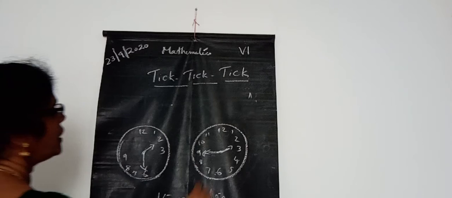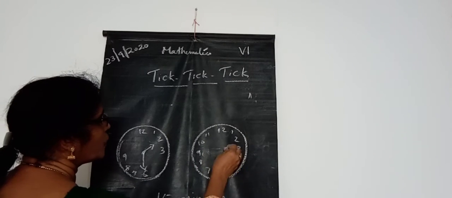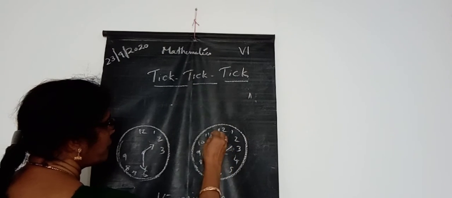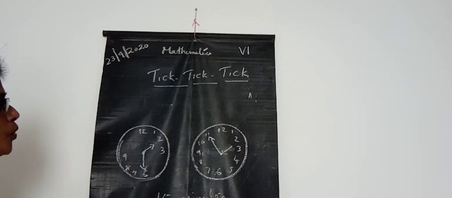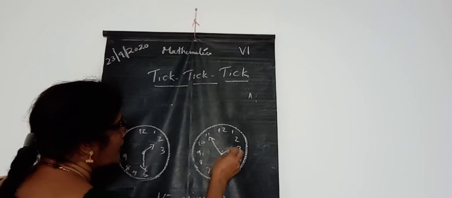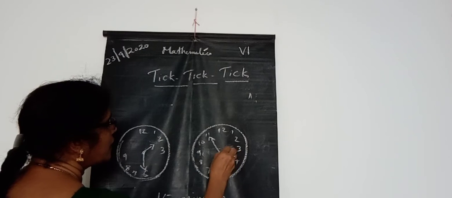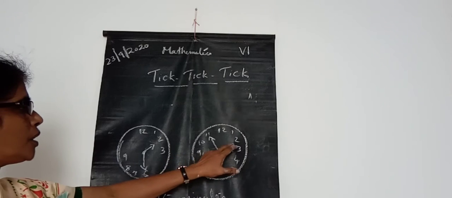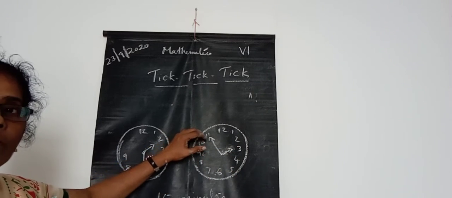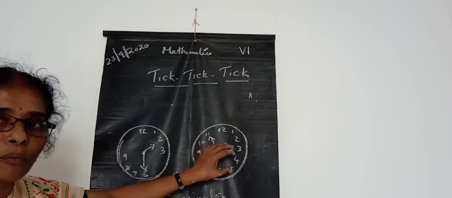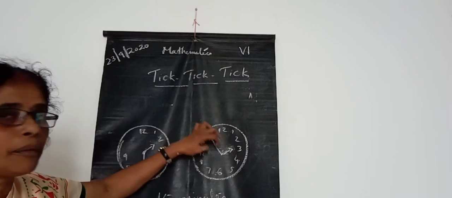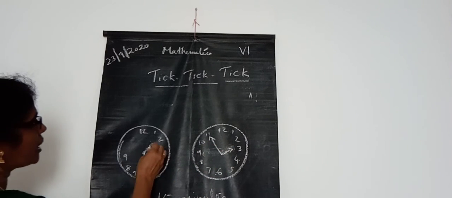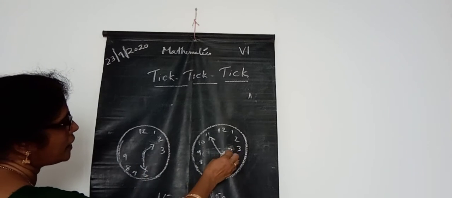Okay. And if this one is 2:55. Look here. The time is now 2:55. Then this small hand becomes near to 3. Now the time is 2:55, because this time 2 o'clock, then 55 minutes over. So this small hand also moving. After 5 minutes that will be 3 o'clock. Okay. Then now here the time is 2:30 and here the time is 2:55.